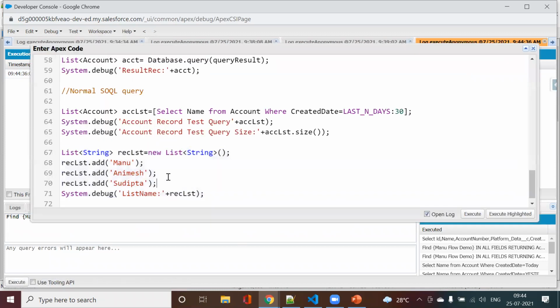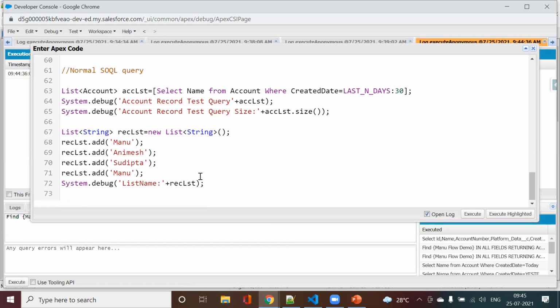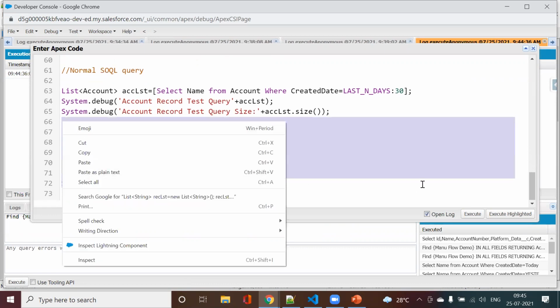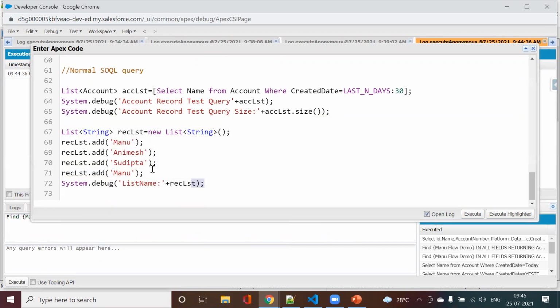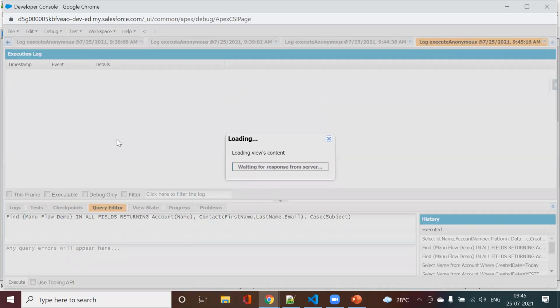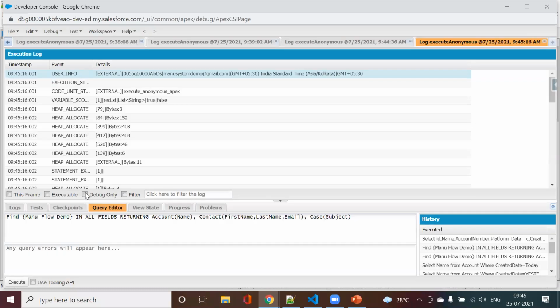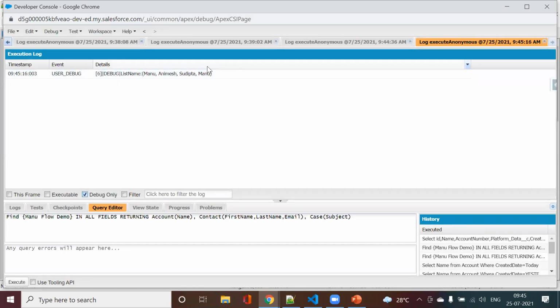Maybe let us try to have Manu two times here. Now in Salesforce, you can even avoid duplicates with the contains method. But if you see here, Manu came twice.